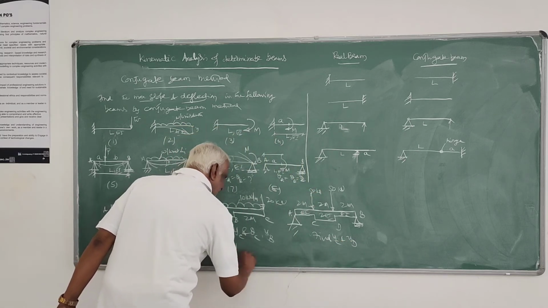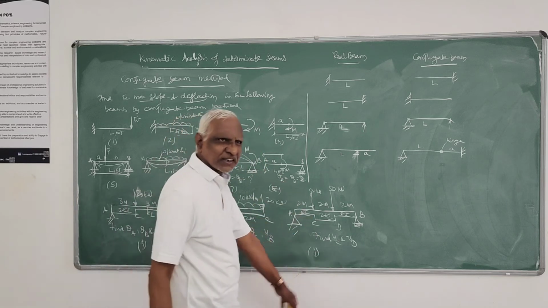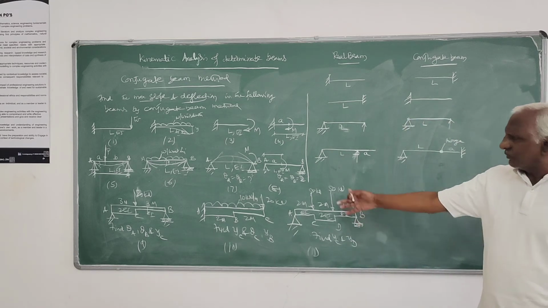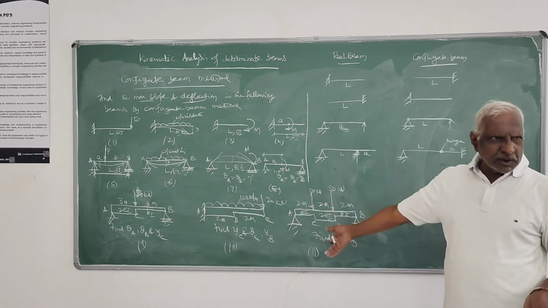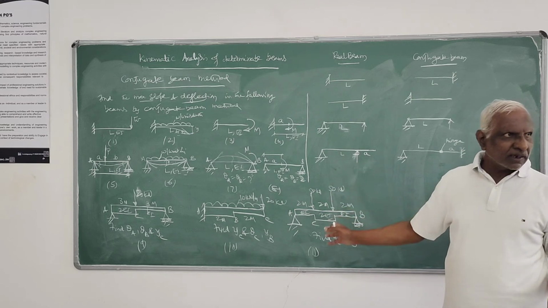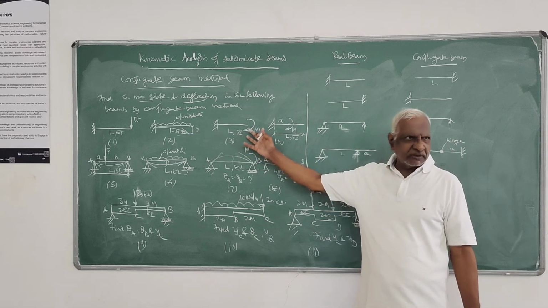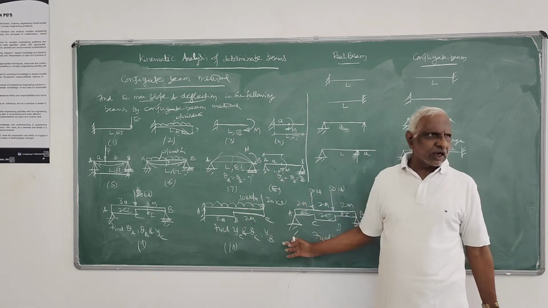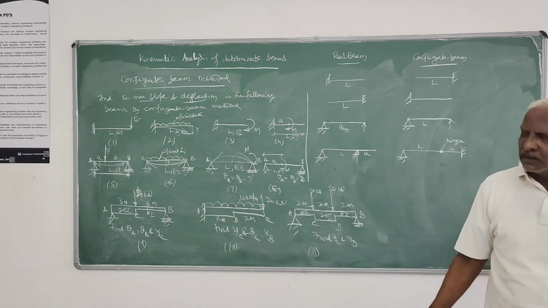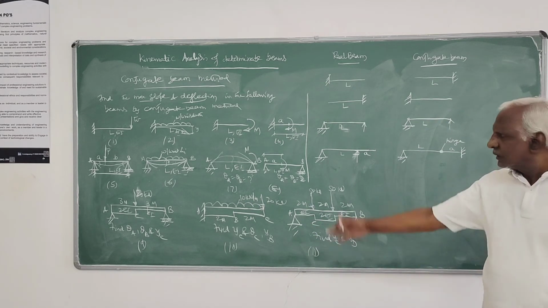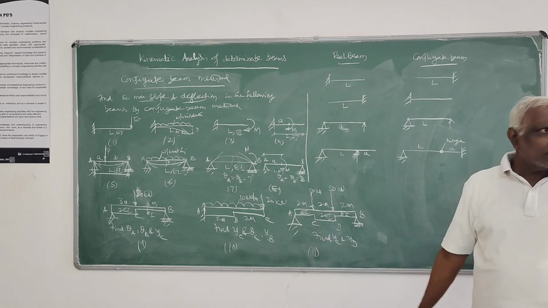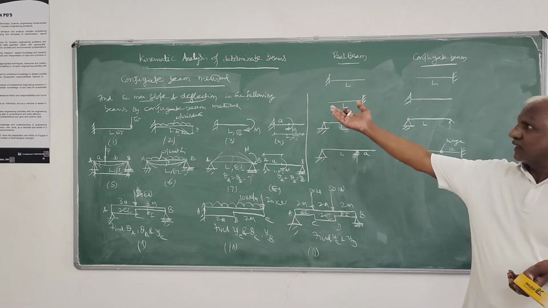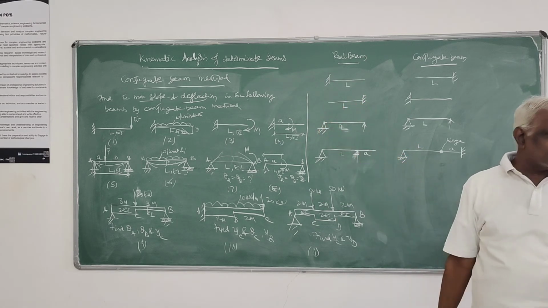So this is 10. When I told you about addition, it is okay. So you can work it out. I will work some problems, 2, 3, whatever is possible, and show you the procedure. I will work one problem on a cantilever, one problem on a simply supported beam, and one problem on a non-prismatic beam. 3 problems I will work here. So that covers the conjugate beam. You can work the remaining problems in the tutorial class. So this completes the conjugate beam method of finding the slope and deflection.